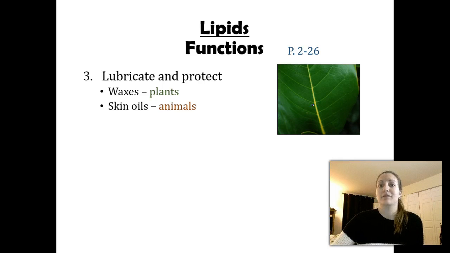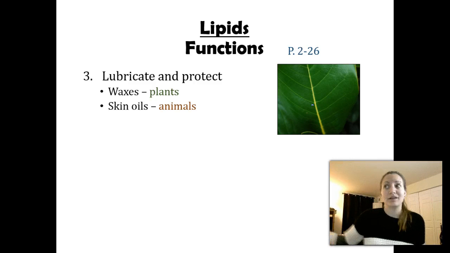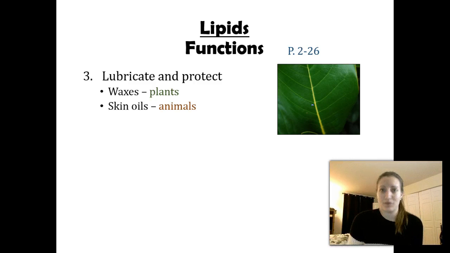Plants also need lipids and need fats. Plants that are in the desert typically have a really thick leaf. Well, a lot of that leaf is actually waxes, which is a lipid. Those waxes are going to prevent water from escaping that leaf. Lots of water in these leaves, and if it's really dry outside, you really don't want to lose it.